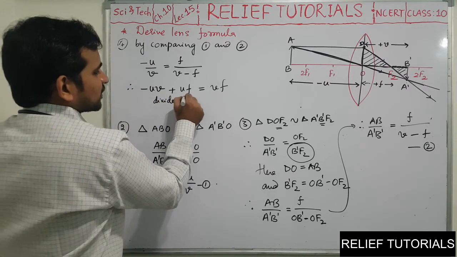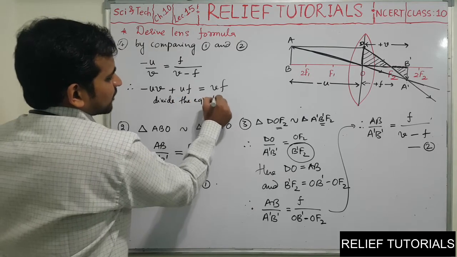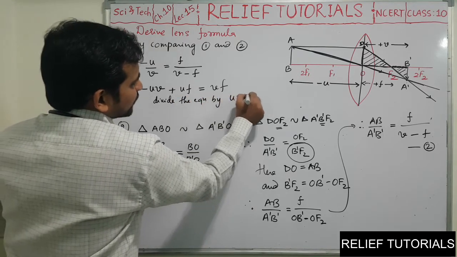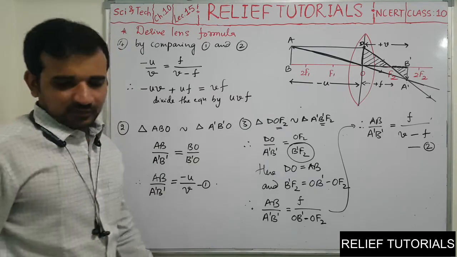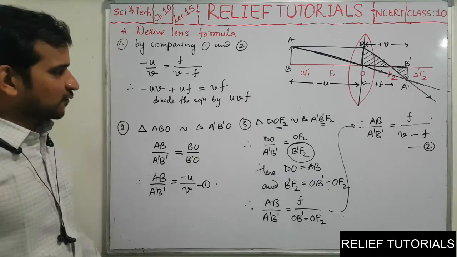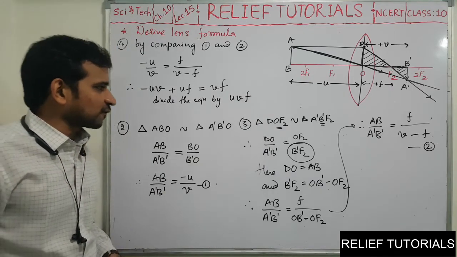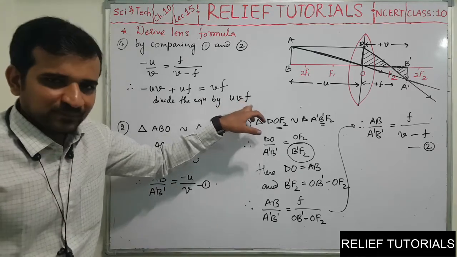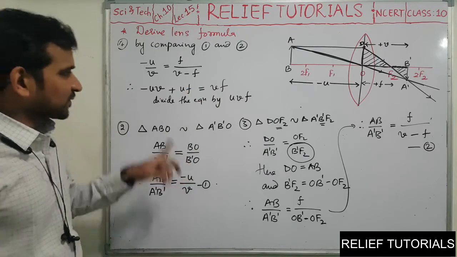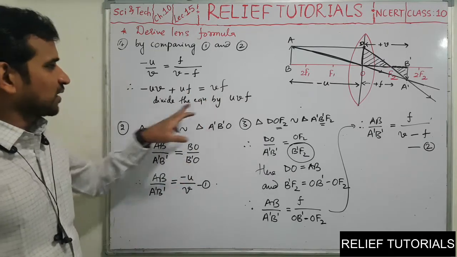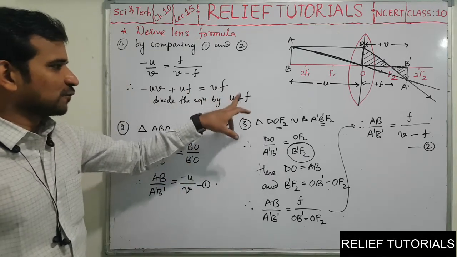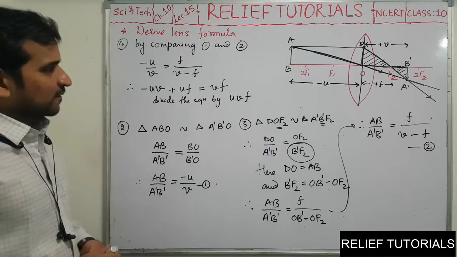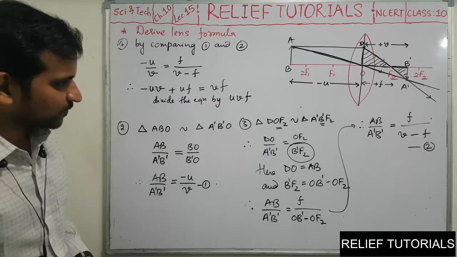Divide the equation by UVF. If you remember, we have done this operation in the case of mirror formula. We have divided the whole equation by UVR. So here we don't have R, we have F directly. So we are dividing the whole equation by UVF. So the next step should be